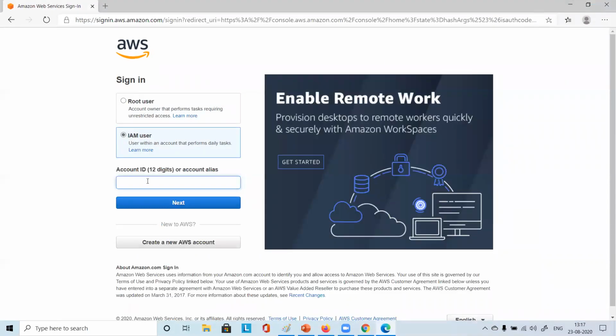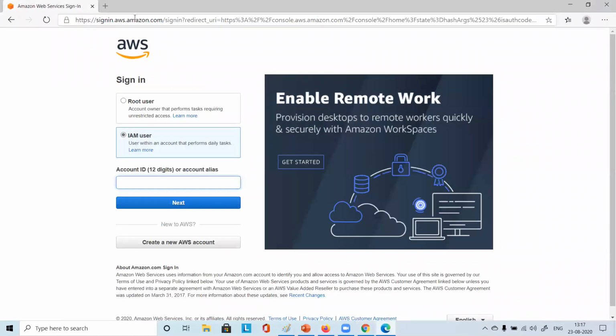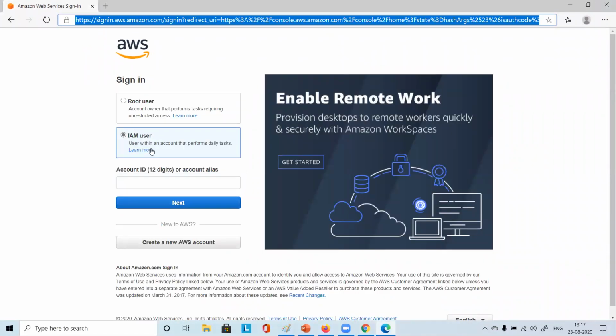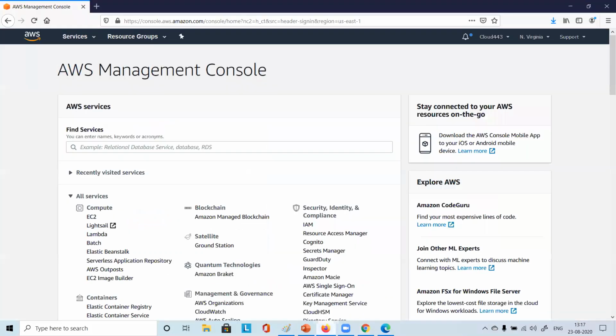Account ID by default will get populated when we start the first time. It has come here in this browser because you remember I copied that link that it had suggested. Because of that link, this account ID came in this Chrome browser. So this account ID came by default. So where else can we see this account ID? Once we log in here.